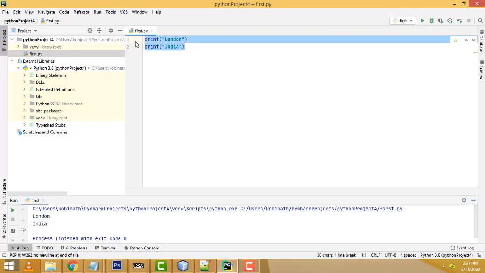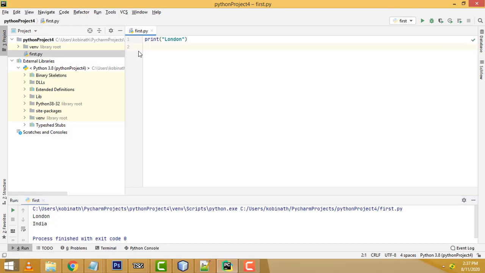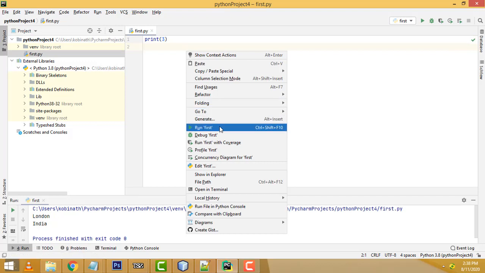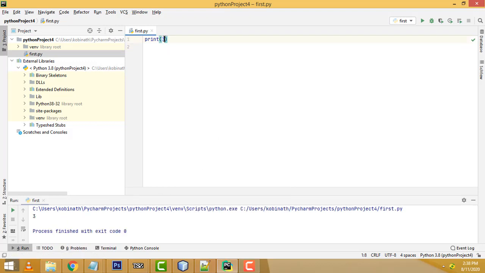After that, I am going to add two numbers. How to add two numbers here? Very simple. If you put double quotation marks, Python will understand this is a string. If you want to print a number, you just write it without double quotation marks. Right click, run file, 3 will be printed. What is the difference between numbers inside double quotation marks or without? If you write inside the double quotation marks, it is just printed as text.